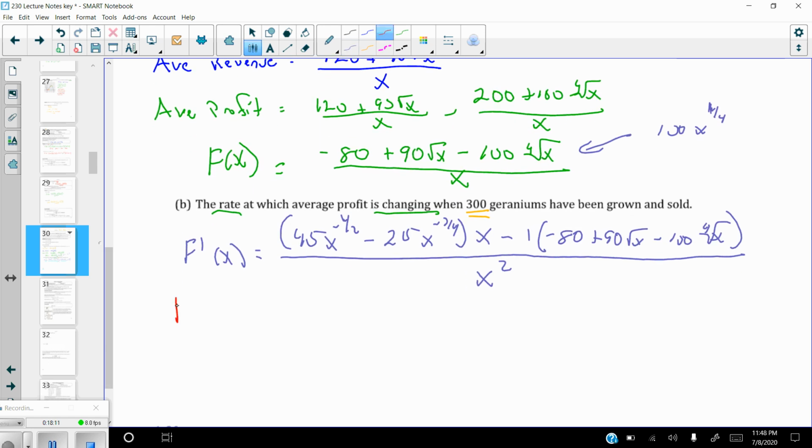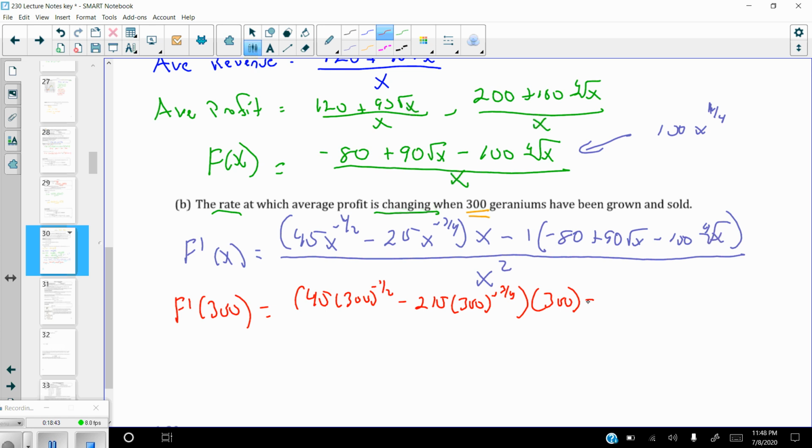So we're going to do f prime of 300, which is going to be 45 times 300 to the negative 1/2 power minus 215 times 300 to the negative 3/4 power. All of that times 300